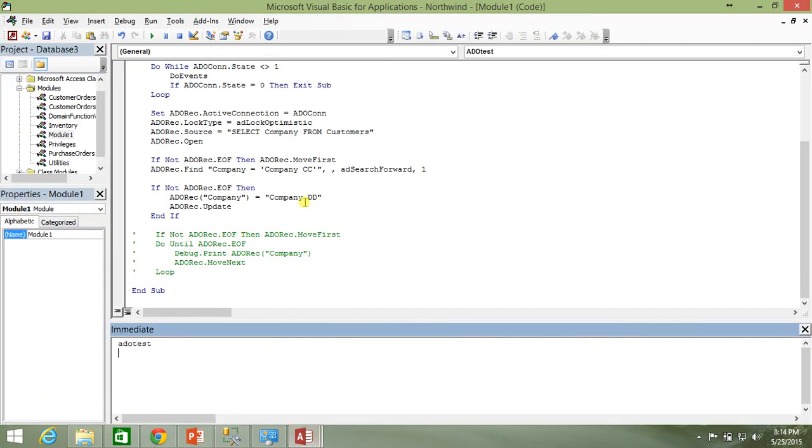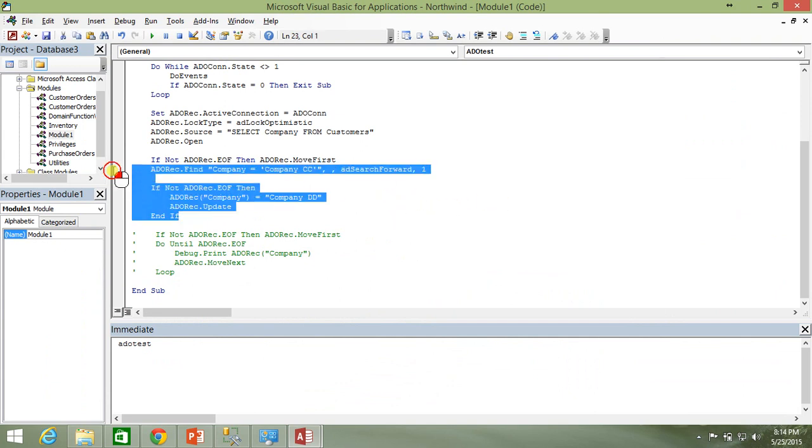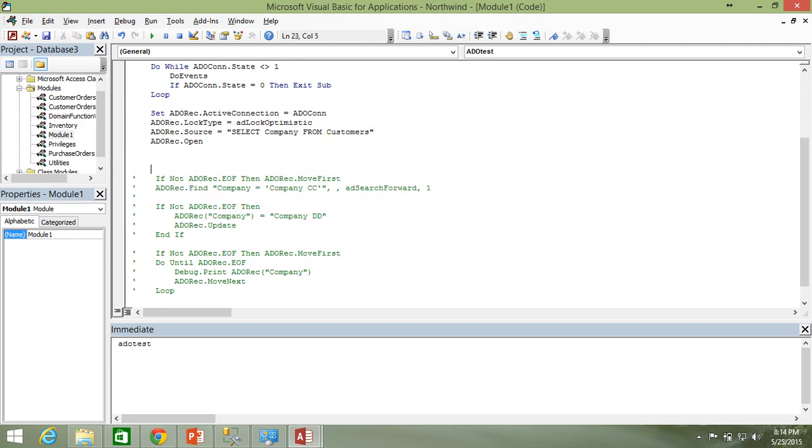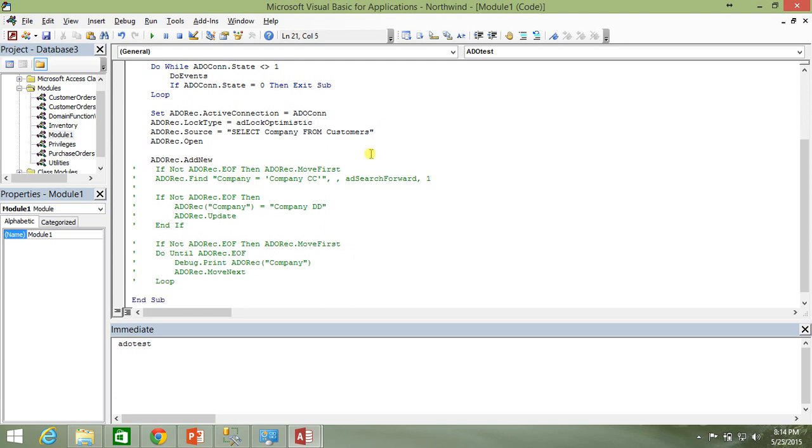Now, if you wanted to add information, it's really not too difficult. You can just do something along the lines of, let's comment all that good stuff out. So ADO rec add new, and you can select the field and values if you wanted to, or you can go ahead and do something like ADO, let's see, ADO rec add new. We'll do